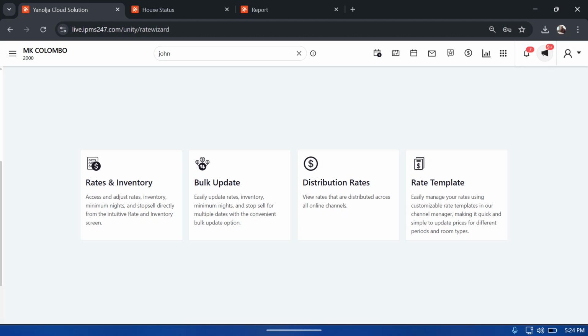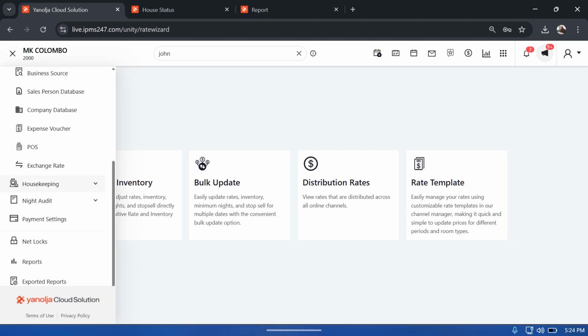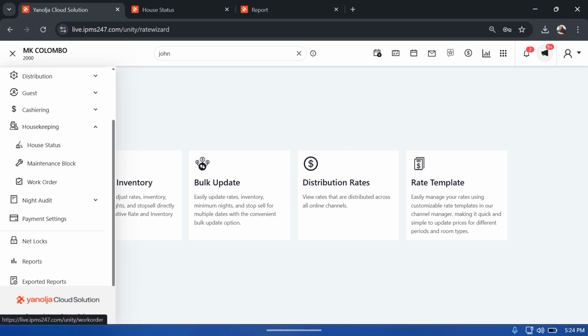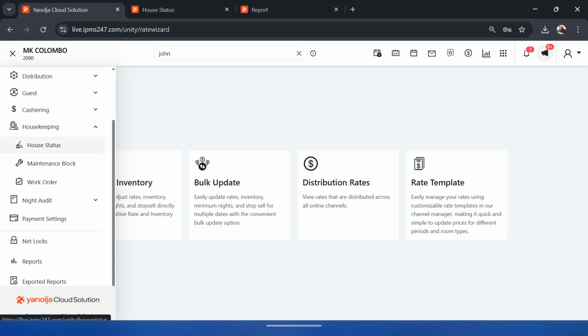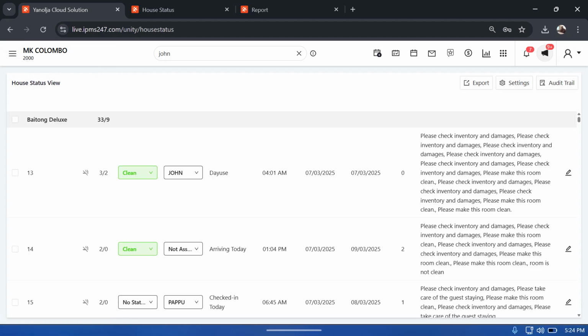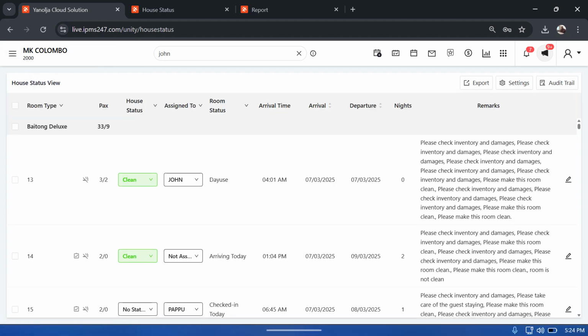So another thing I'll quickly mention to us before we leave here is housekeeping. So housekeeping is a very wonderful tool in the software. First, you have the housekeeping status, where you set up your housekeeping status. How do you want your housekeeping status to look like? For example, we have, well, this room is clean, you can choose to make it dirty. So this is where you change your room status, make it clean if the rooms are dirty. You can edit